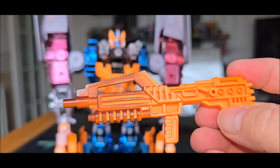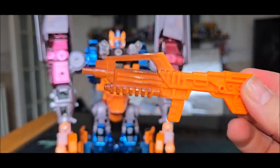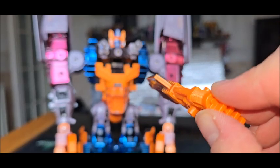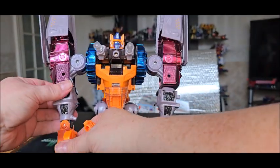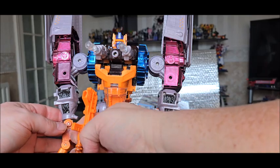I don't think it had come out yet. No, I mean it could be inspired by this, or it's just a coincidence. But it does look like the battle rifle from Halo, which is pretty cool. So what you do is you put it in his hand like so, and then if